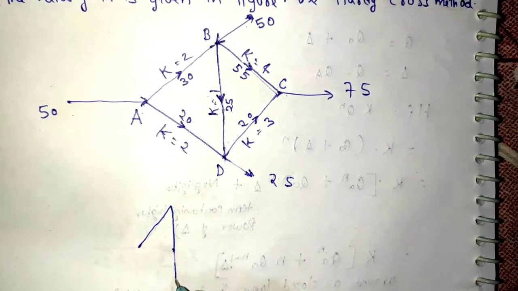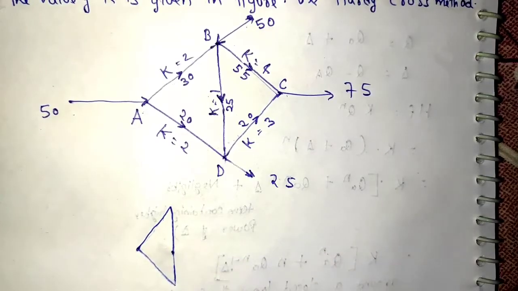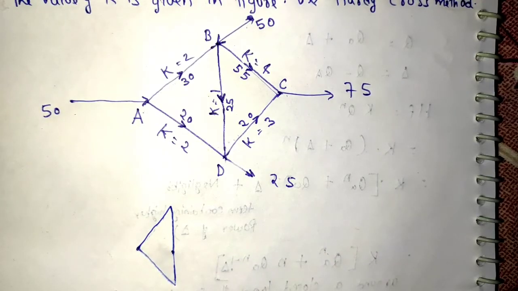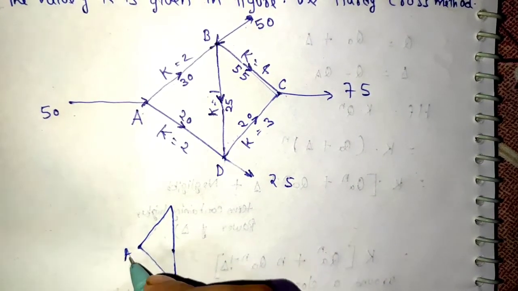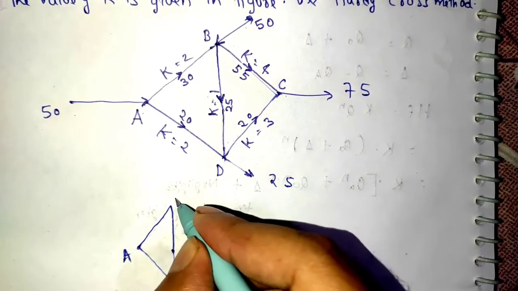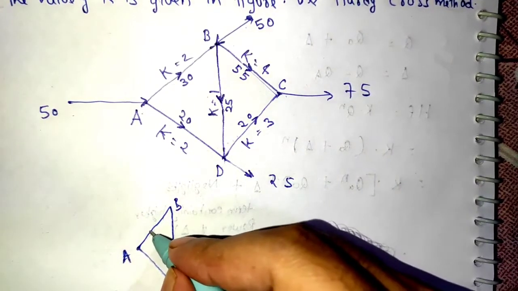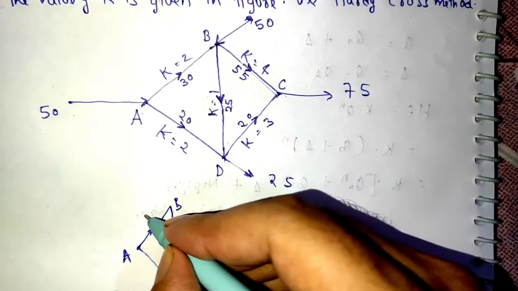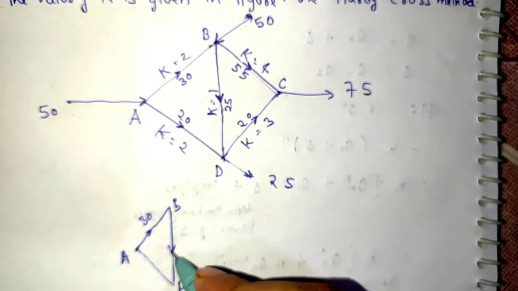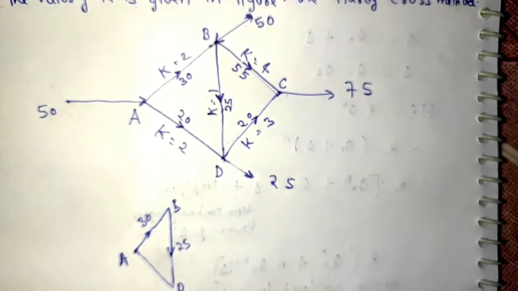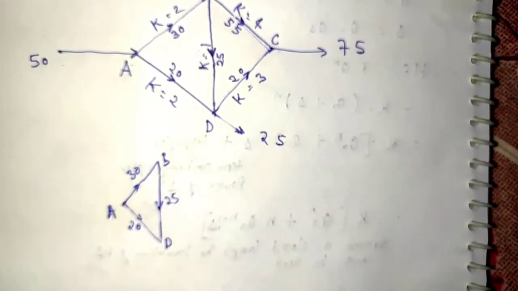If we try to differentiate this system, or we want to take it out, we can write it like this. So if this system is A, B, D and again A, so what was here? Here was 30. You can see 30 is here, 25 was here, right? And 20 is here, right?